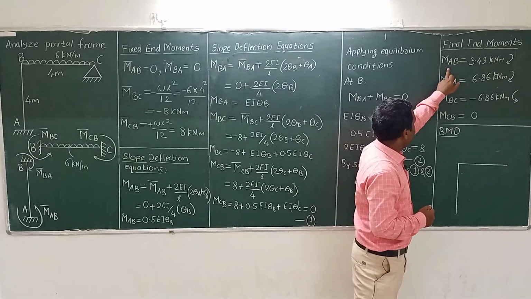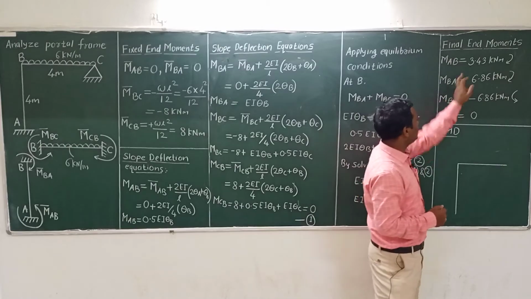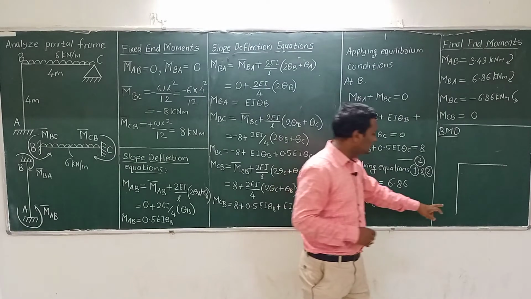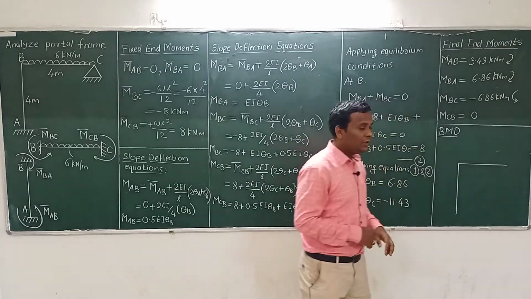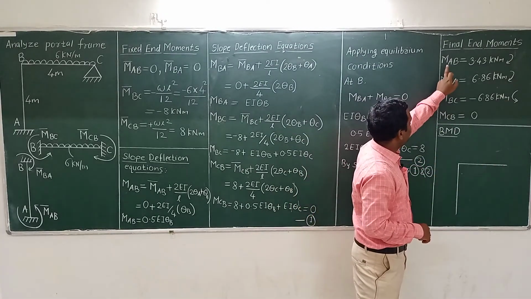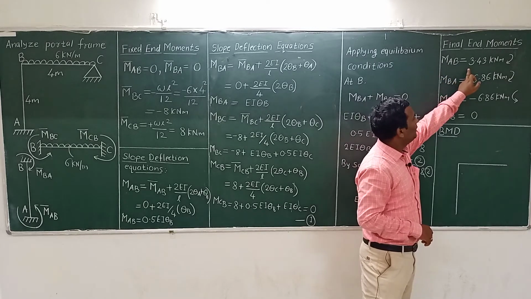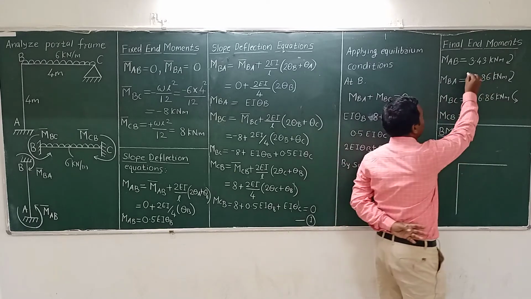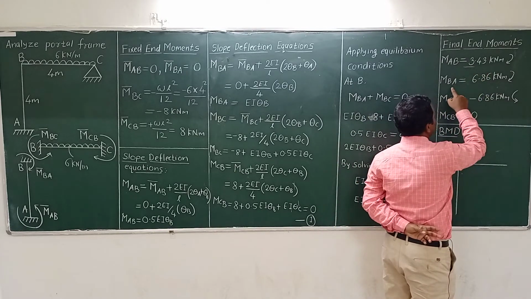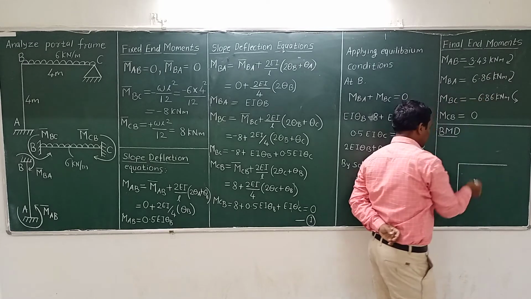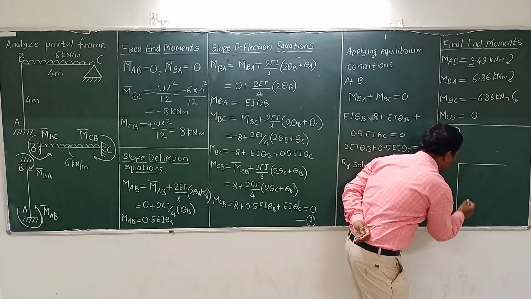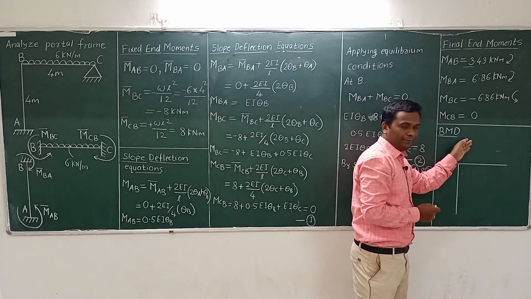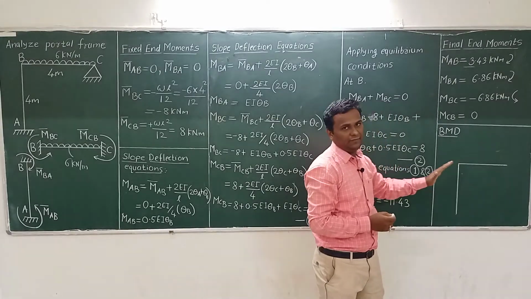So for MAB and MBA, if you see their nature at point A, again we have to draw the same frame like this. So here I have drawn it already. Now the bending moment because of this MAB, it is 3.43, which is clockwise in nature. It will be creating a sagging bending. This MBA will be creating hogging bending. So I will directly show in the diagram the hogging bending outside of this frame and the sagging bending inside the frame for the first step.